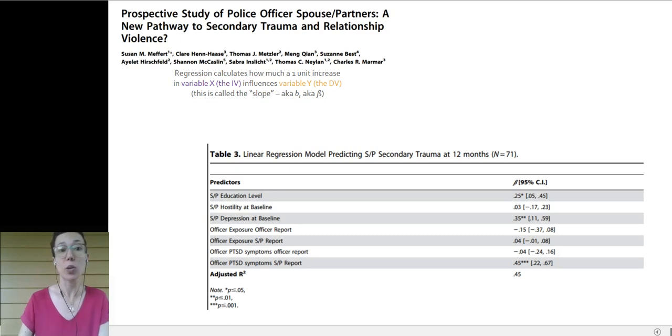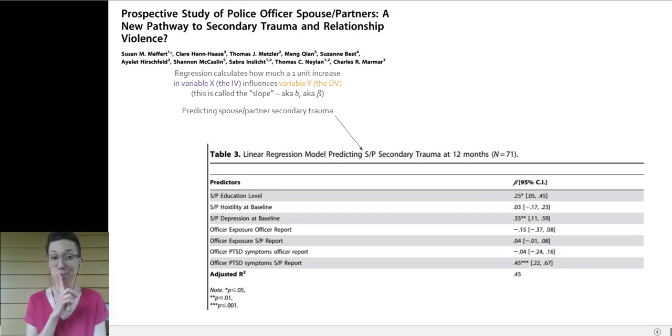So the first thing we want to figure out is what is our independent variable, what is our X variable, and what is our dependent variable, what is our Y variable. We know that we're predicting spouse/partner secondary trauma. So is that the independent variable or is that the dependent variable? So hopefully we're realizing if we're predicting secondary trauma, the secondary trauma is our dependent variable. The secondary trauma is the thing that's being influenced. We're looking at how do all these other predictors, how do all these other variables influence spouse and partner secondary